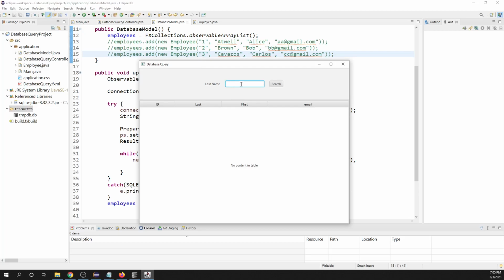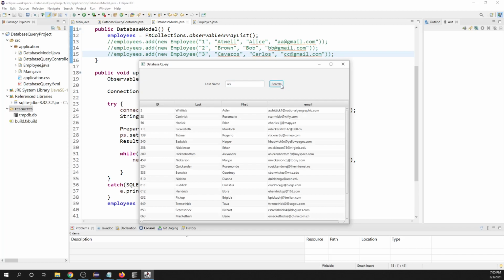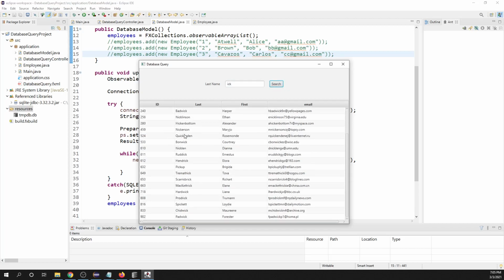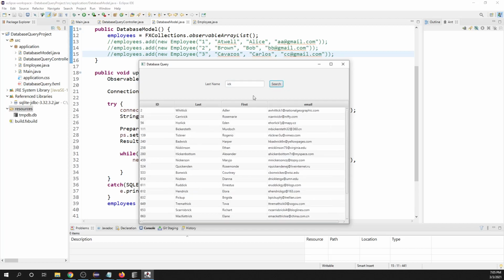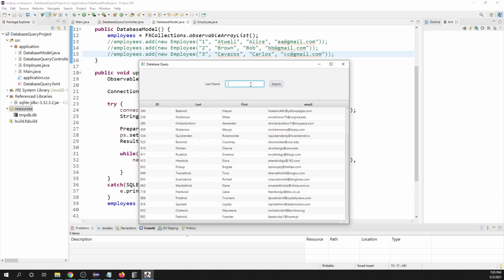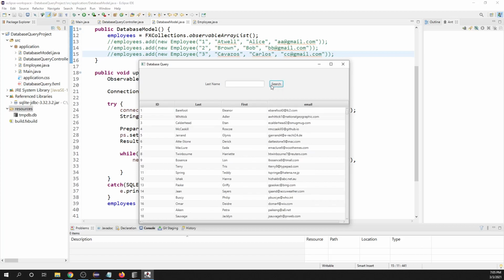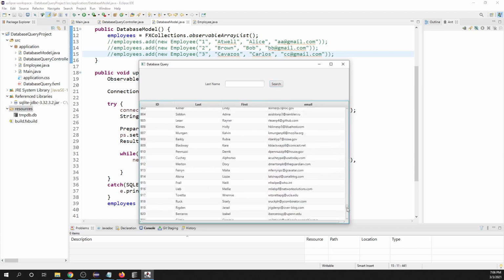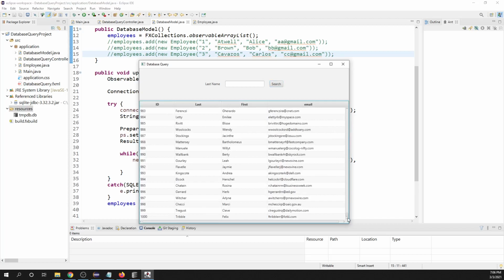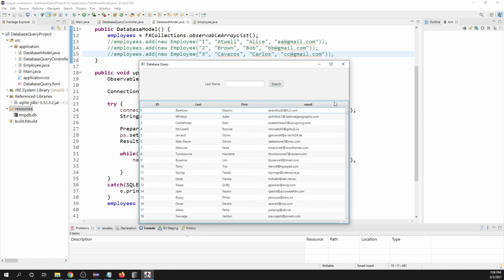And here I can search the last names for any occurrence of some expression here. All right, if I search for a blank, that's actually a search for a space, and this actually returns everybody, which is probably not a good thing here. But anyway,